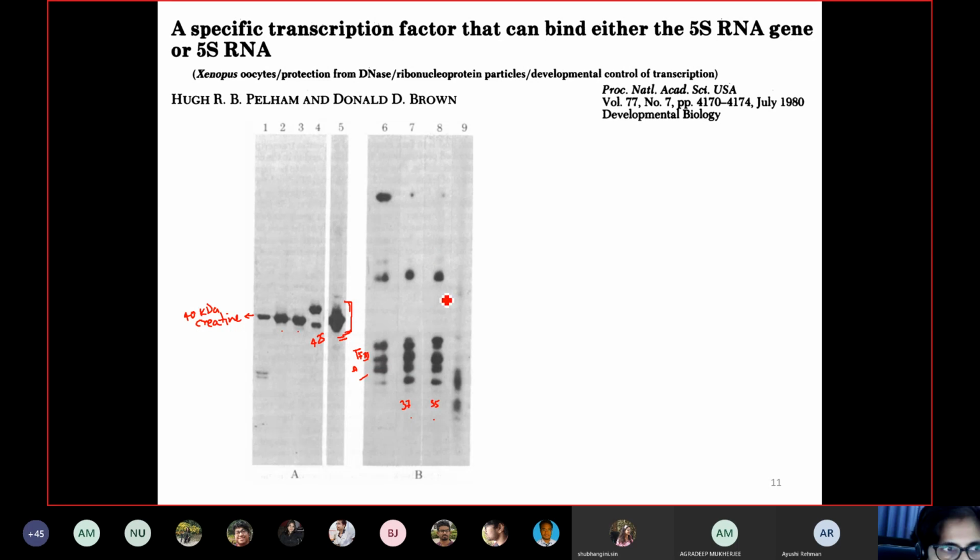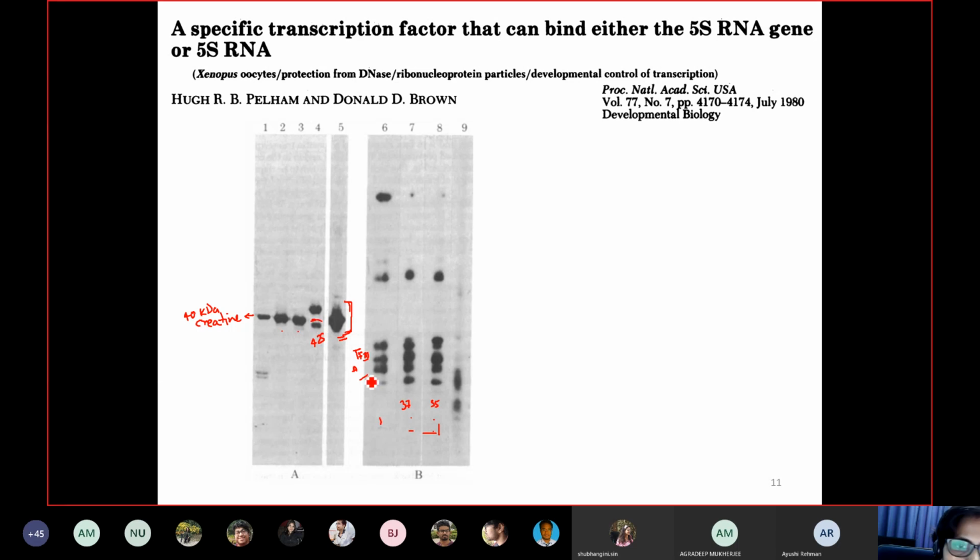With this kind of assay, they were able to figure out that the pattern of fragments they are getting, especially in lane 6, lane 7 and lane 8, match appropriately with the purified transcription factor 3A. So with this assay, they were able to say that these proteins are exactly similar, whereas the 42S protein, where the obtained protein was around 40 kilodalton, between 40 and 43 kilodalton,